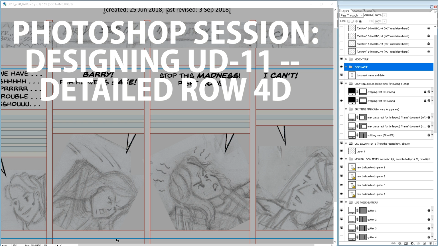Hello, this is Chris here, and we're going to start a Photoshop session, and this time it's detailed row 4D, that is page 4, the fourth row, which is labeled D. So page 4, row D. And the product we are talking about is, of course, UD-11, and that is detailed row 4D